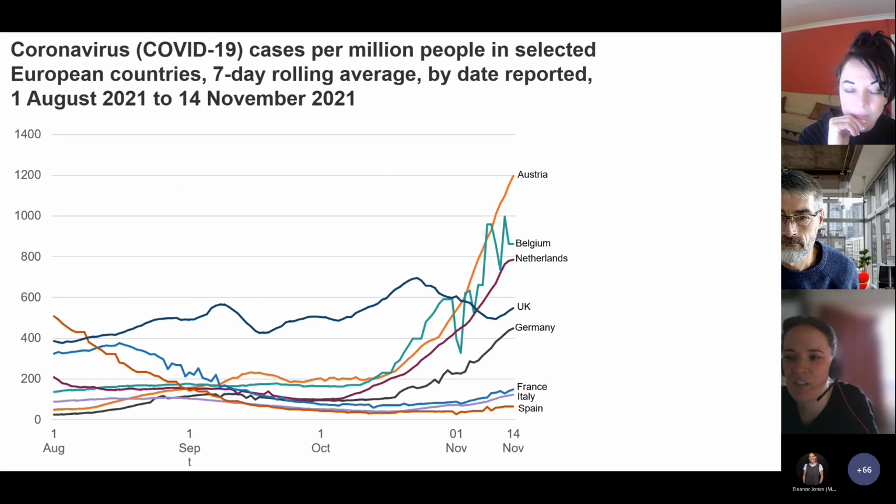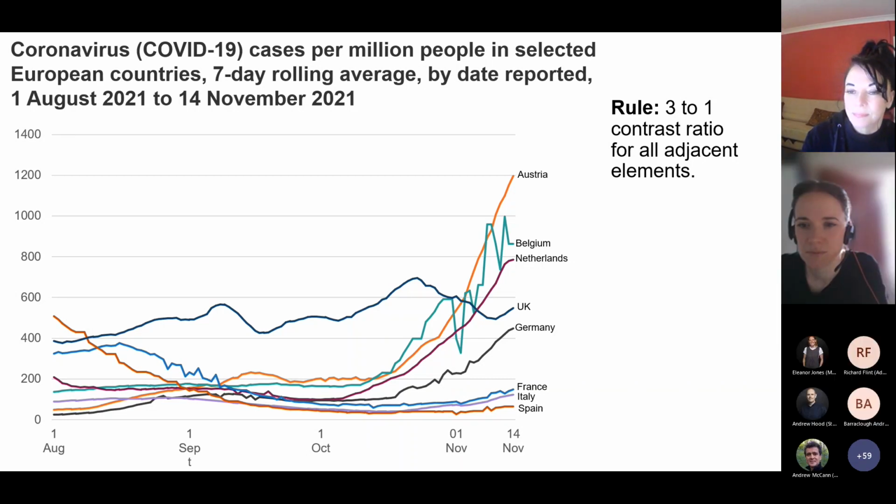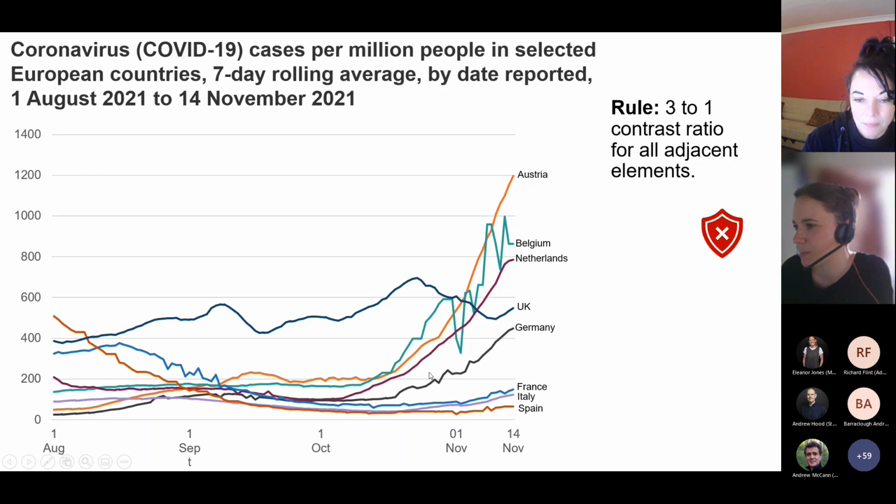So looking at this one, it's a very busy line chart, lots of lines on it. Are we passing the contrast ratio for this one? Are we getting a tick? Put your hand up if you think we deserve a tick for this one. Okay, so we are getting a cross for this one, because although we have used our color palette,